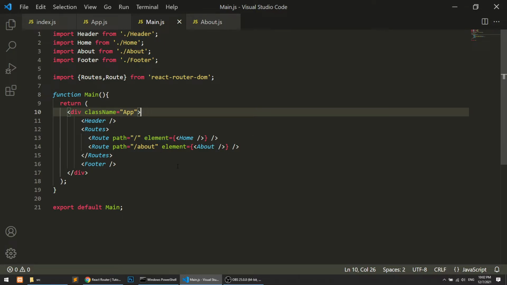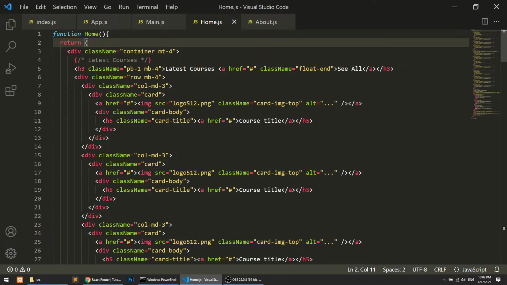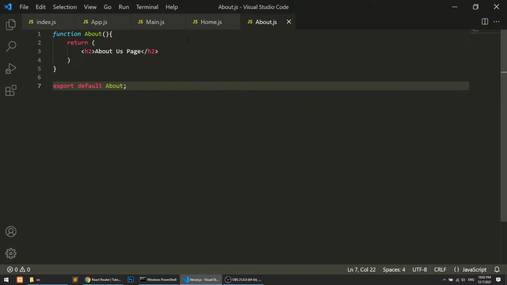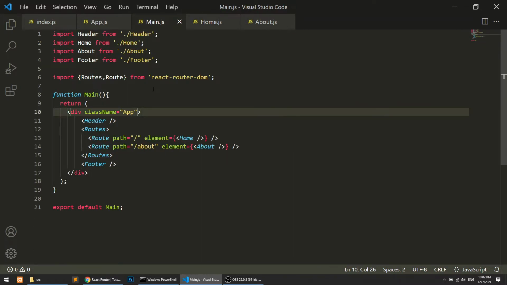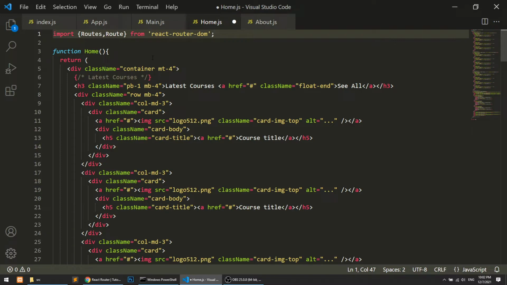So we have implemented this. Now we need to create the link for this. So I will open the home page. If you want to link the routes, here it will not work as a simple anchor link. Here we need to work with the Link from React Router DOM.